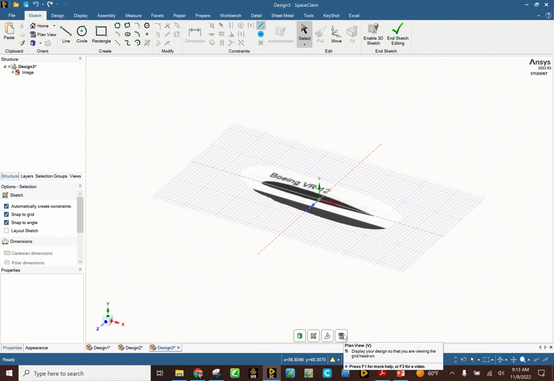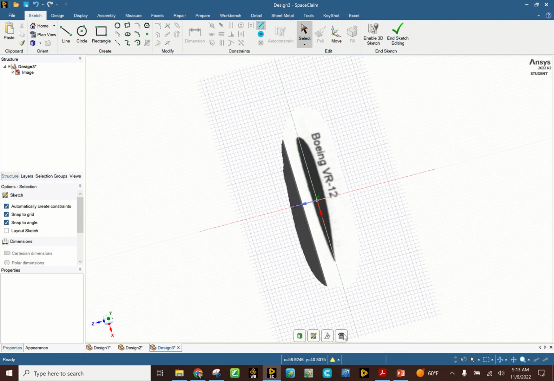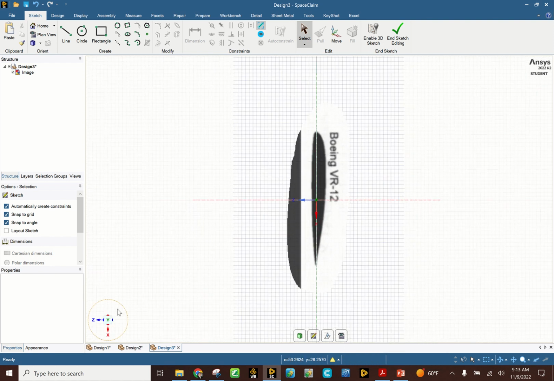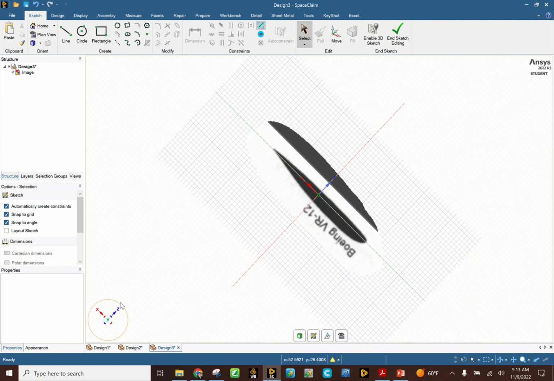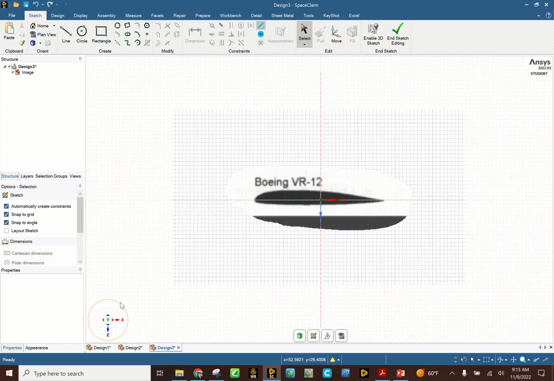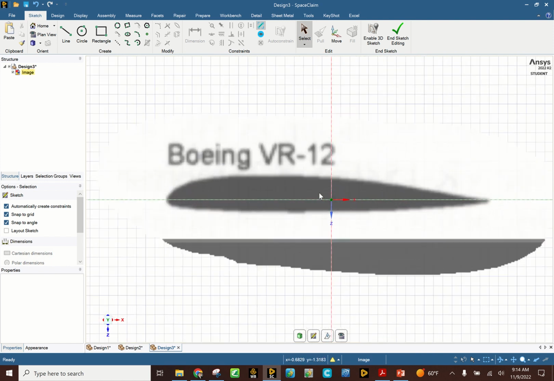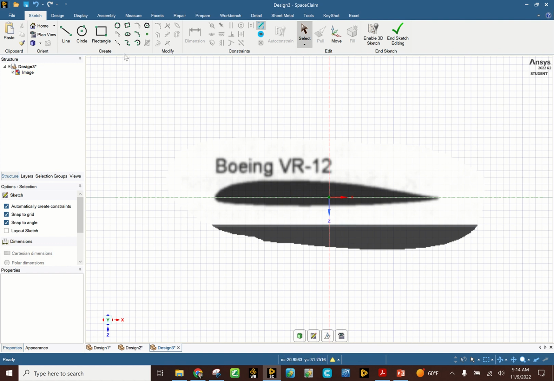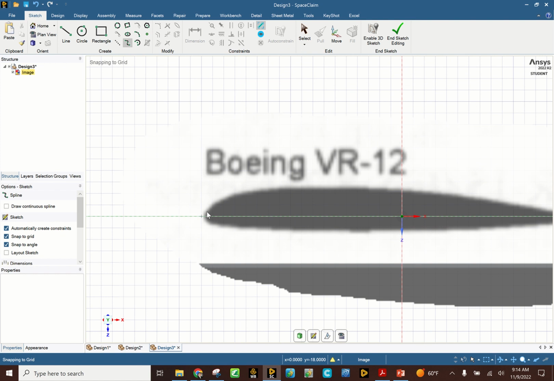Then hit the plan view or the V, square it up, and you can rotate it by the triad, the circular part. Rotate it once, twice, three times. Zoom in, and you go to the spline tool. So what the spline tool does, when you click on it, is that you can start to recreate the profile